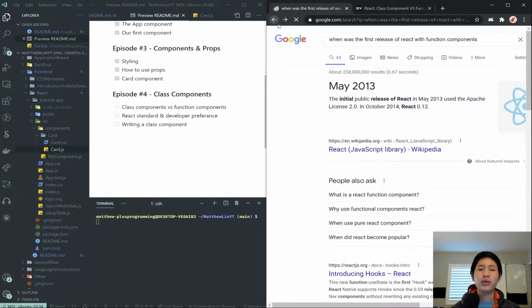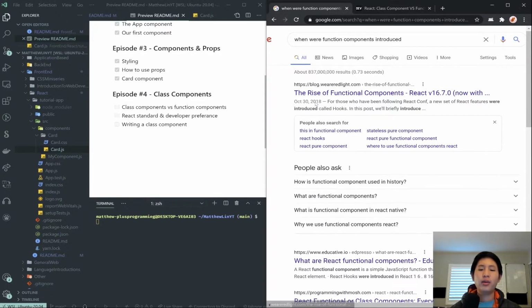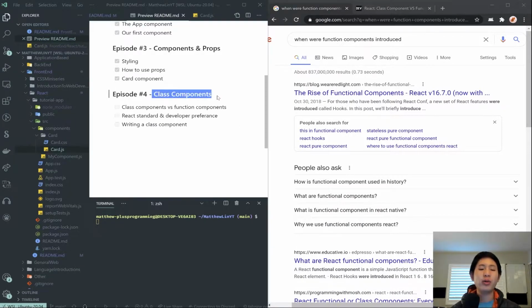Okay, so actually 3 years ago. So essentially the rise of function components was 3 years ago, but React itself is 8 years old. So class components have been around for much longer, but function components